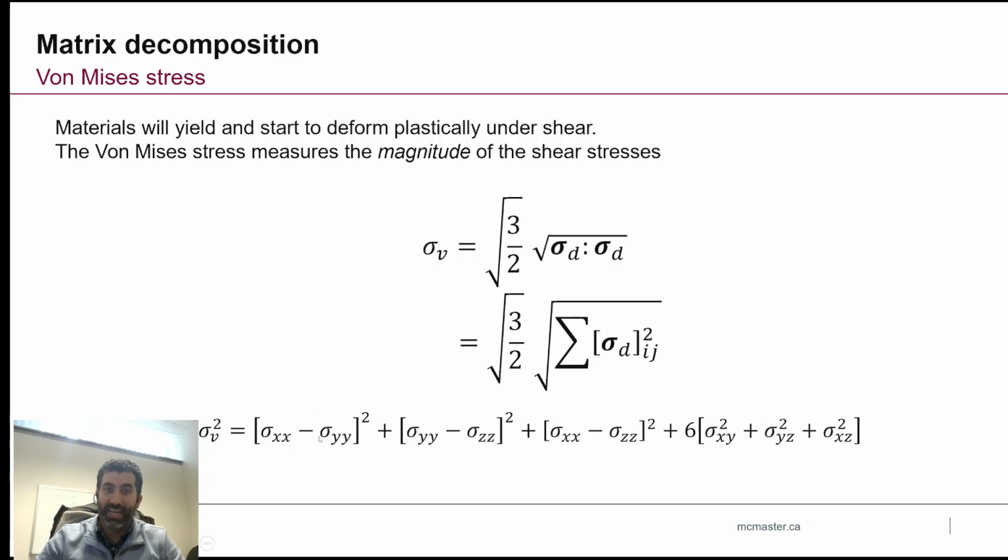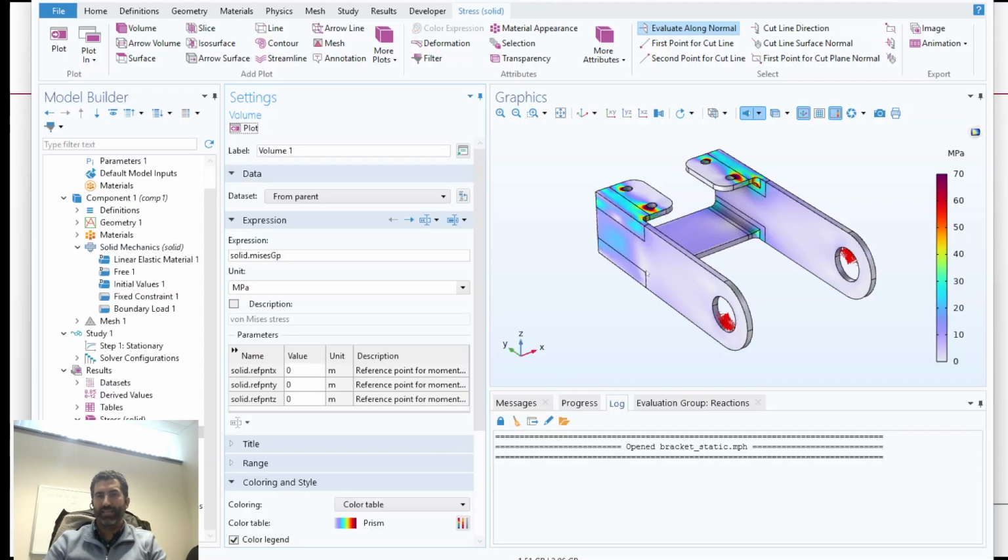Here it is in its element-wise beauty. Right, that's with the homogeneous stress already subtracted. You can calculate that, no problem. The nice thing about this is that it gives you an idea of the maximal amount of shear stress that your material is under. So when we go to our COMSOL, this is the bracket example